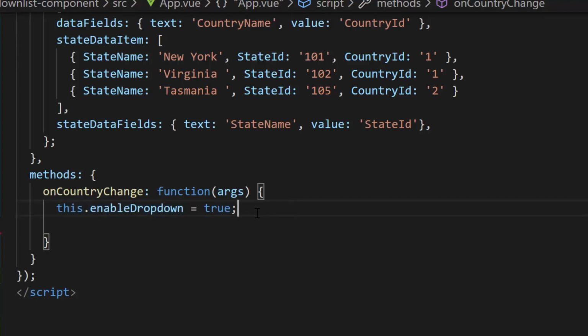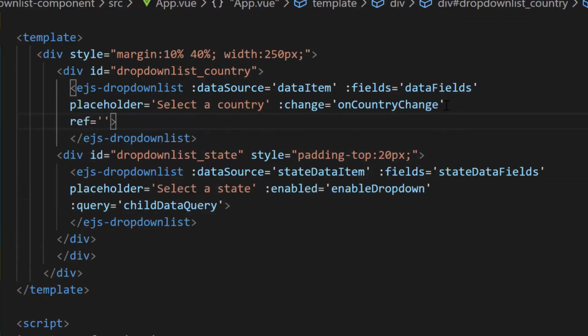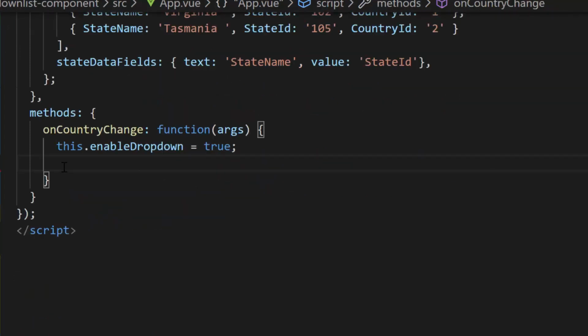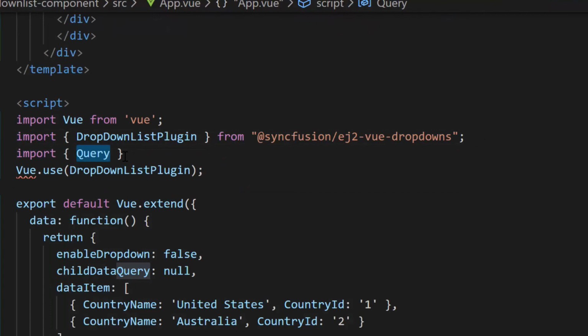Now, I'm going to fetch the state names based on the selected country value. So, I will create a reference to country dropdown list by defining the ref attribute to access the country dropdown list selected value. Also, I need to form a query and assign it to a variable child data query to fetch state names based on the selected country value. To make use of this query, let me import query type from Syncfusion EJ2 data repository.